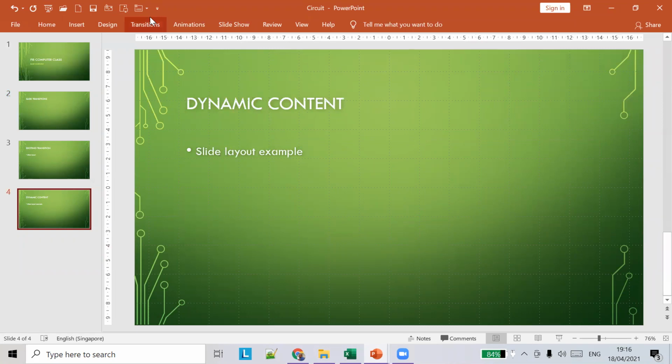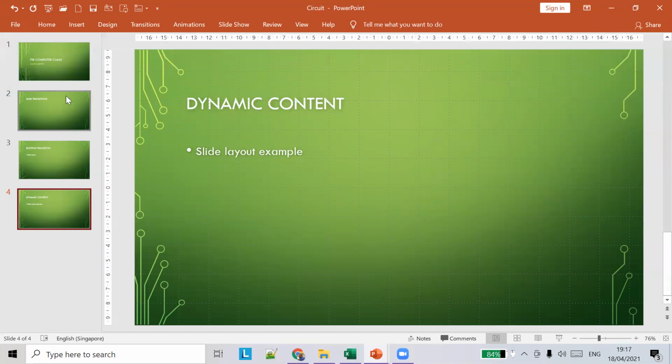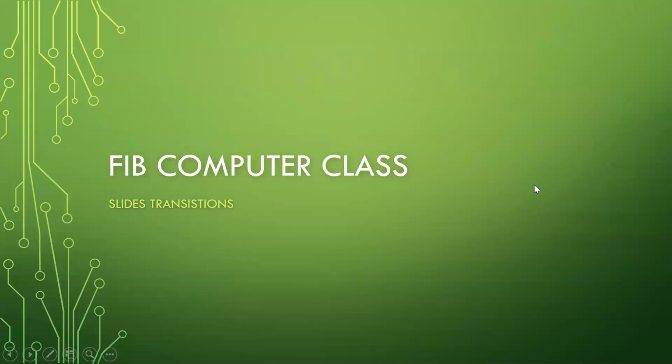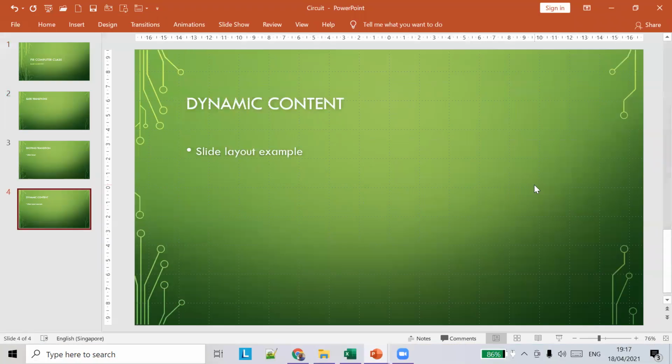And you can also adjust the timings if you want. Maybe 5 seconds for the transition. I have chosen 5 seconds, and you can see it done after 5 seconds here: 1 2 3 4 5. So it takes a bit longer. Last time we chose 2 seconds, now we have chosen 5 seconds to move from one slide to another. So this is how you do an automatic transition without any mouse clicks.